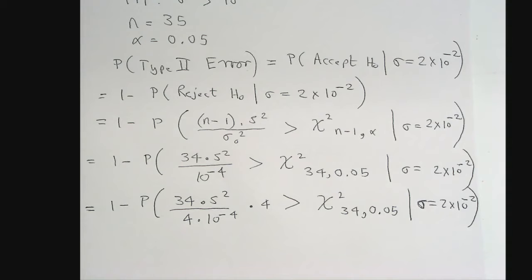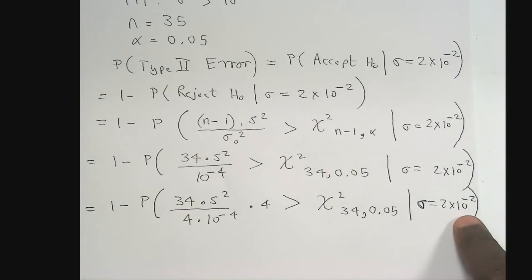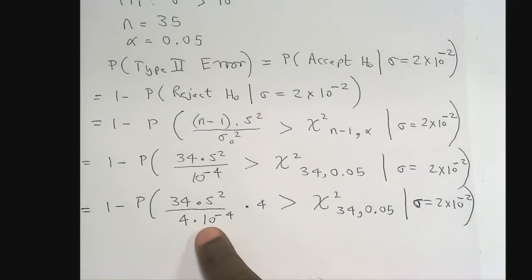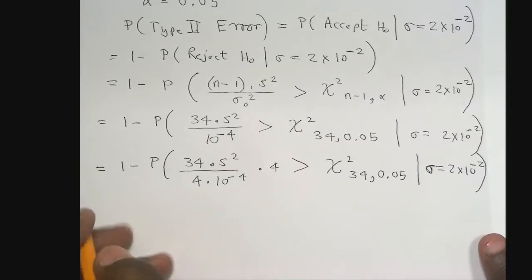Because the true variance, we are conditioning on the fact that the true standard deviation is 2 times 10 to the power minus 2, which means that the true variance is 4 times 10 to the power minus 4. It's the square of this, yeah. So that's what we should have here. We should have the true variance, right? So this becomes,